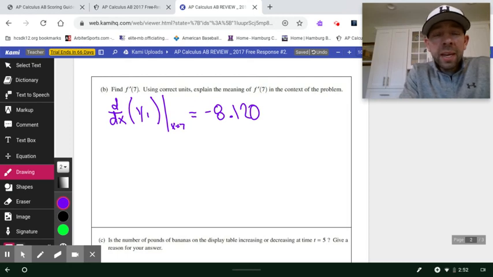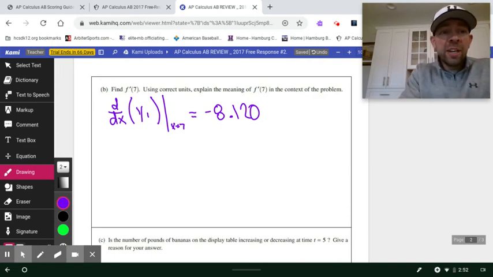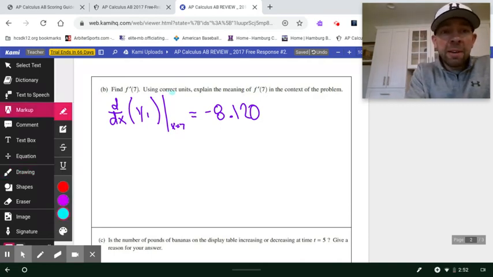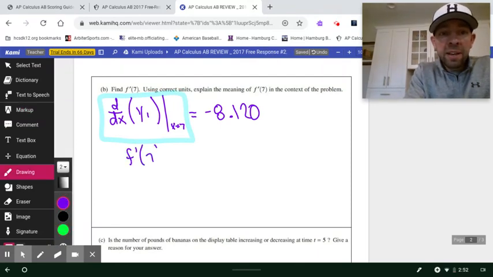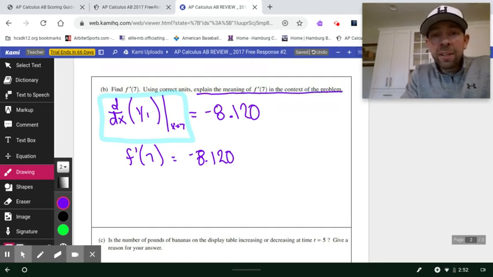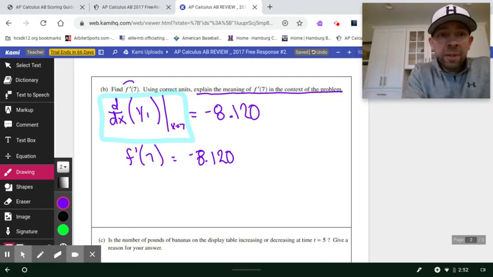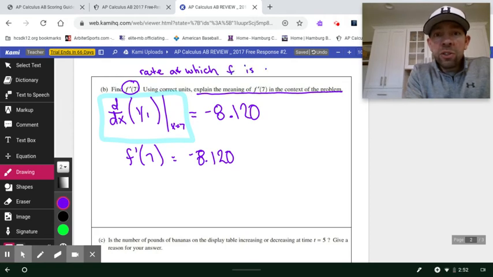8.120. Now, the College Board really doesn't care for the calculator syntax, so I would not write any of this on my exam packet. All I would say is f prime of 7 equals negative 8.120. Now, the most important part is we've got to explain the meaning of this value within the context of the problem. And I think if nothing else, you're going to take a lot away from this, hopefully. In the most general sense, when I see f prime, we're talking about the rate at which f is changing